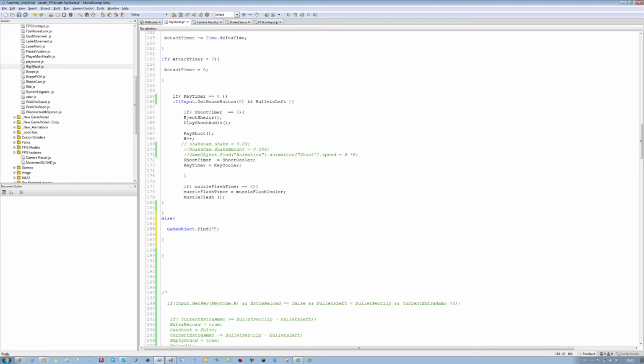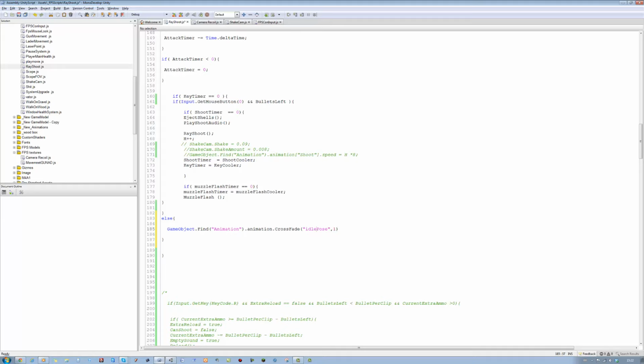Find the object that has my animations, which is called animations, dot animation dot CrossFade, not Play this time. I'll explain why I use this. Open bracket, put the animation name, idle, so I'll pose, comma